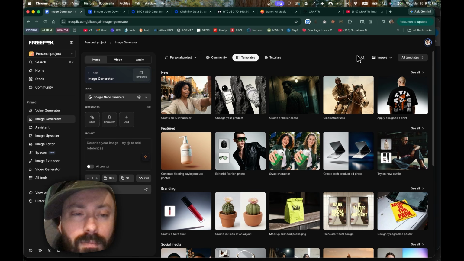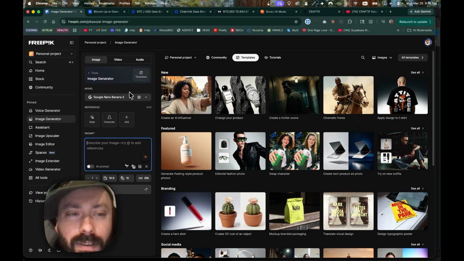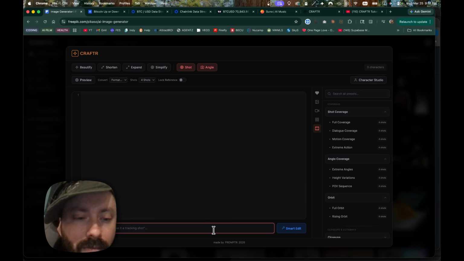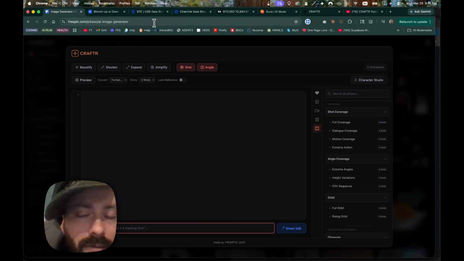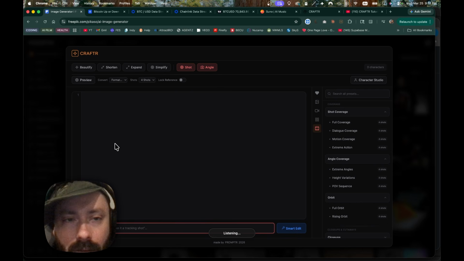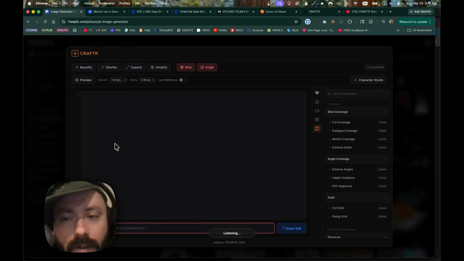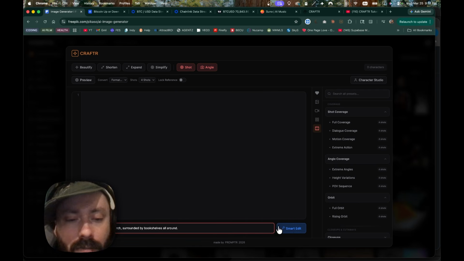Alright, so I accidentally messed that up, so I'm going back here and redoing it. But basically, when you're in FreePic or any other AI image or video platform, you click this icon that shows up, and down here you type in your idea for whatever it is. So a man sits in a chair in a church surrounded by bookshelves all around. And so then once you do that, you just click Smart Edit, and it breaks it down into these different